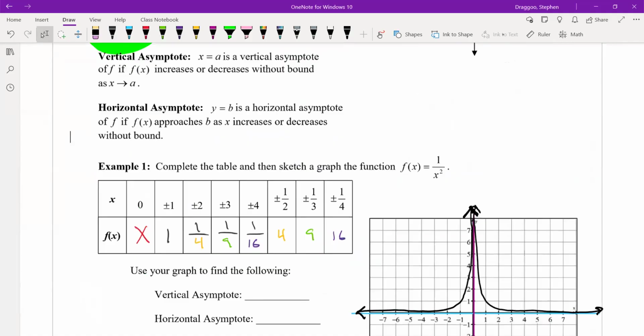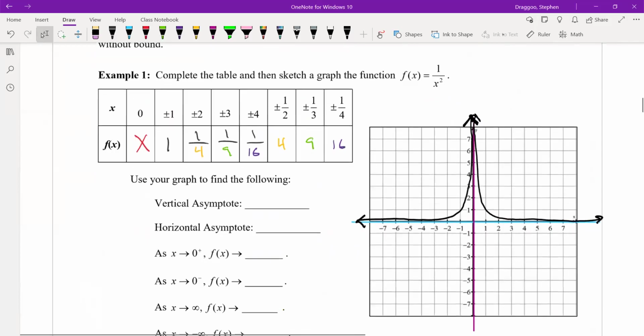The other graph we'll look at and start applying some of this notation to is the square reciprocal function 1 over x squared. So if I go to look at the graph of this function, the negatives aren't going to matter anymore since I'm going to be squaring whatever x value I plug in. So it no longer matters if x is 2 or -2. 1 over 2 squared is the same as 1 over -2 squared. It's 1 over 4. And also, if I'm going to take the reciprocal of 1 over 3 squared, I'll end